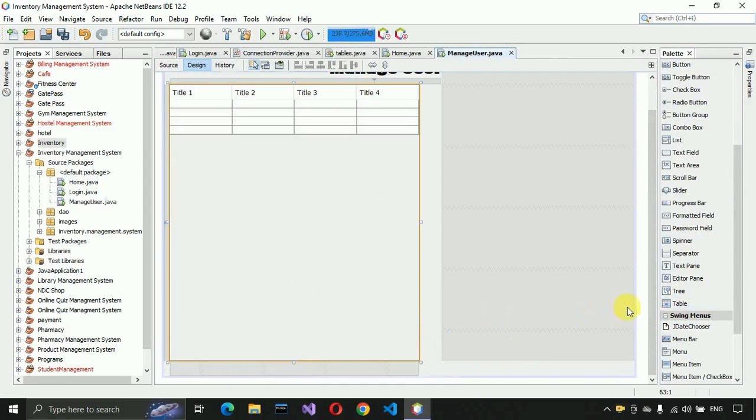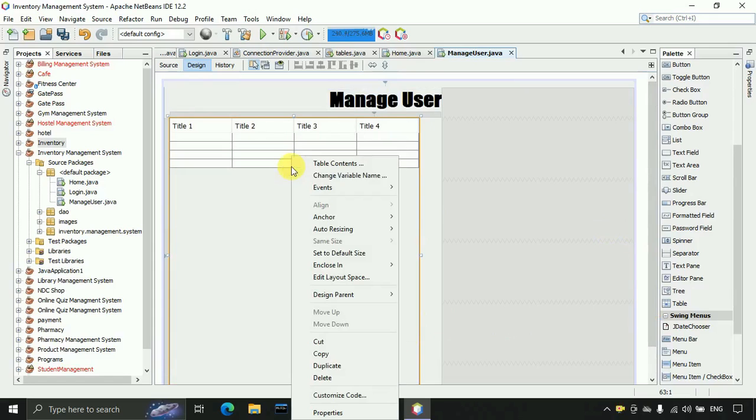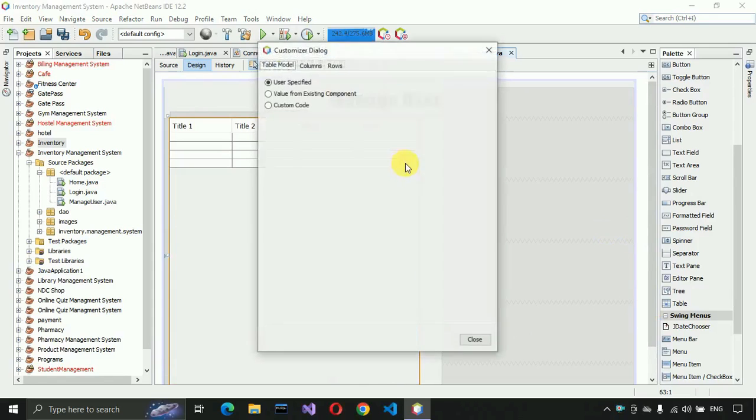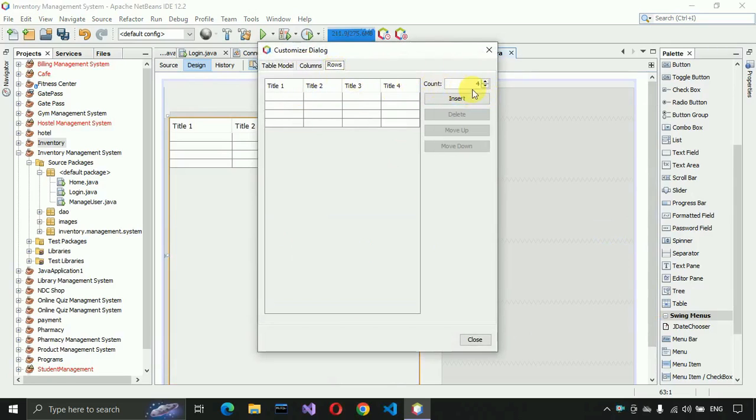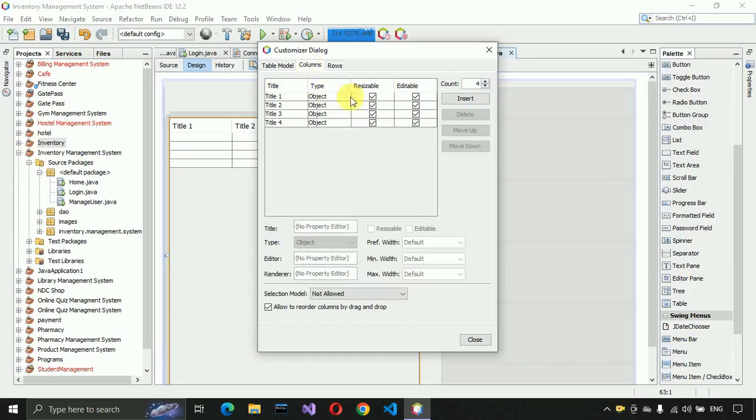And after that, we need to change the content. So go to the table content and click on columns, and let's remove the rows. So just remove all these rows, and after that, here we need to change this one for ID. The first column is for the ID. The next column will be for name, and after name the next will be for mobile number, and after that email,